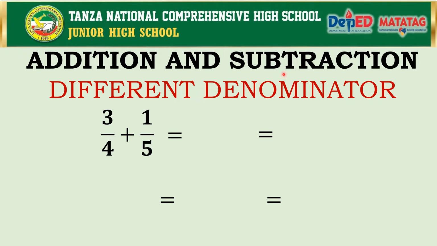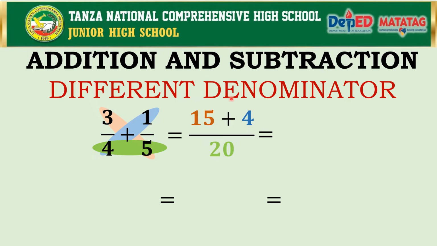Now, in adding or subtracting fractions with different denominators, so mapapansin that on the first example, 3/4 plus 1/5, they have different denominators. So we can apply here this method, what we call the butterfly method. First, you have to get the product of this 3 and 5, that will give you 15. Product of 1 and 4, that will give you 4. And the product of your denominators, which is 4 and 5, that will give you 20.